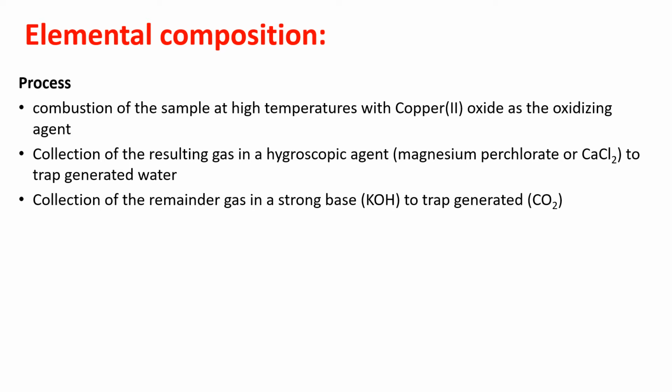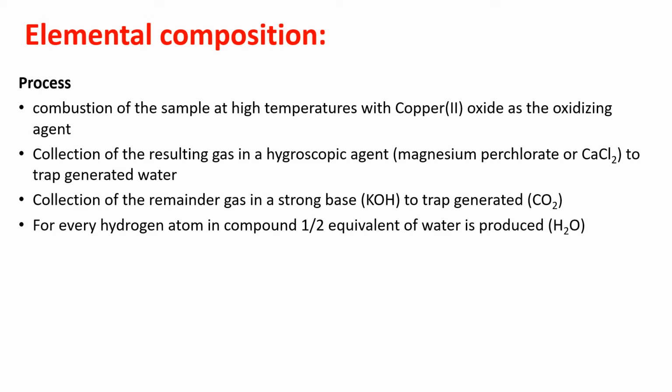Similarly, the remaining gas that is devoid of water, water has already been trapped by magnesium perchlorate, but the remaining elements can also be trapped by using various strong bases. Now here, generally CO2 gets trapped in the presence of potassium hydroxide. Now you can imagine by these two methods, by trapping water you can determine hydrogen, by trapping the gas on KOH, you can determine the CO2. Very similarly, other methods are applicable. Other materials are used to trap various other gases.